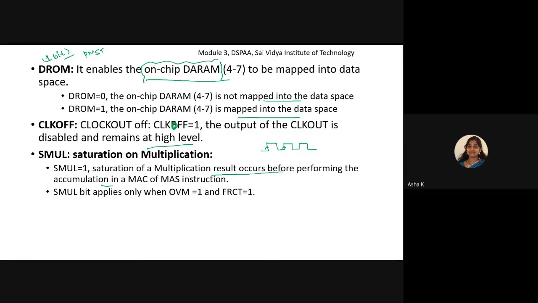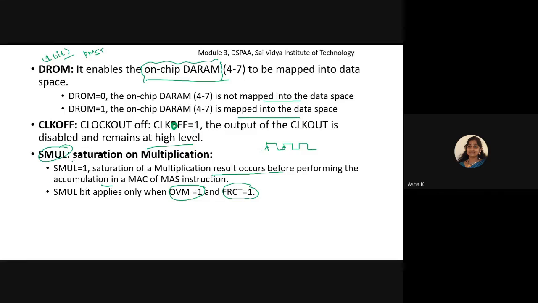The SMUL bit applies only when the OVM bit and the FRCT bit are equal to 1.